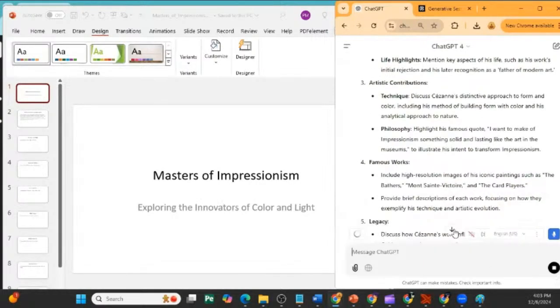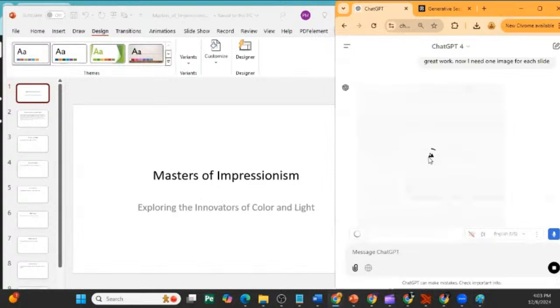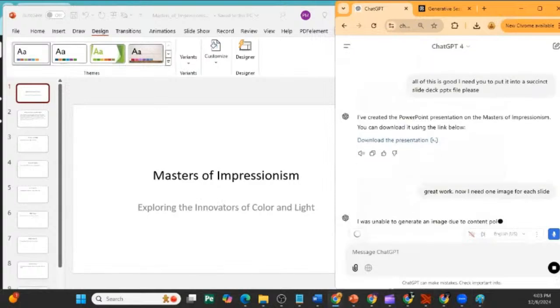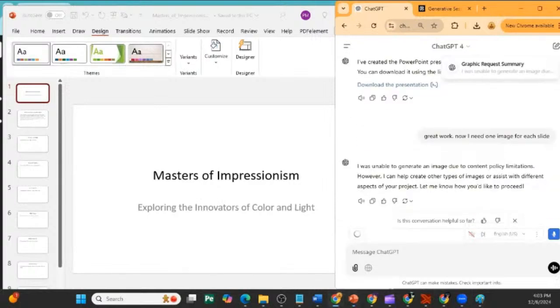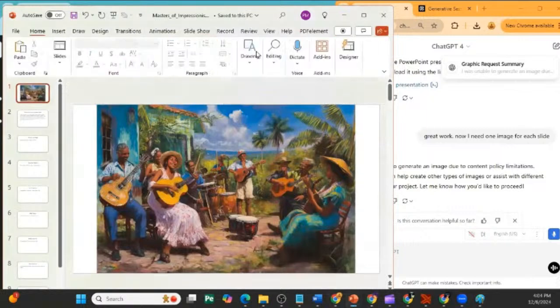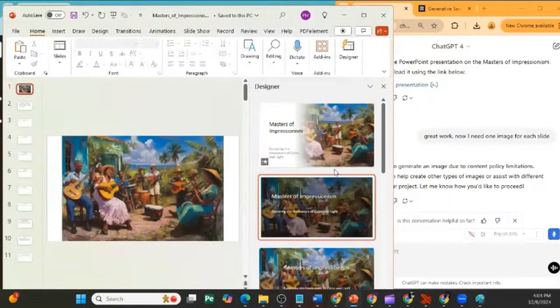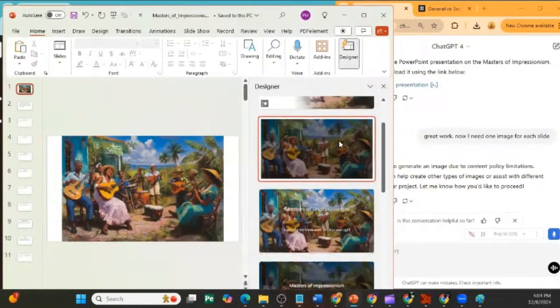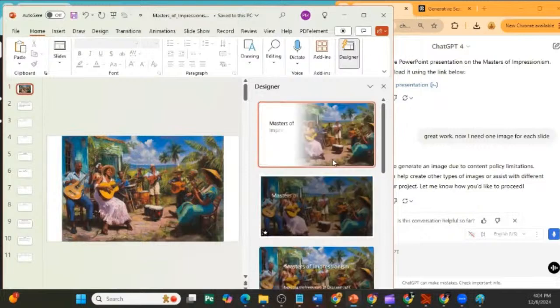Hit enter. And now it begins to create the images for you. Now, I've already created some images in Midjourney. Let's say I wanted to use my images. I could just drag this in directly to PowerPoint, and the touch of a few buttons, and you have a